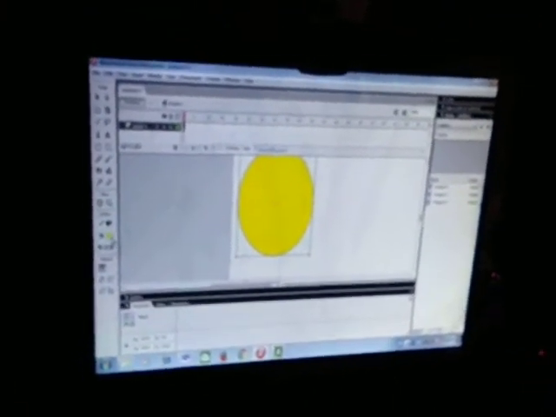Now you have seen that I have selected this image, and I can change the color of the outline. How will I change the color of the outline? This one is known as the stroke color. With the help of the stroke color we can change the outline of this image.